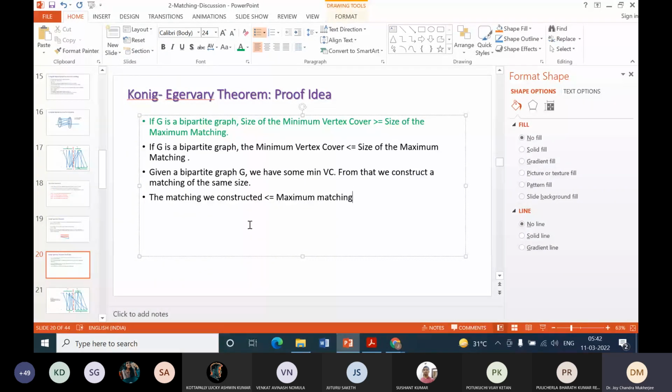So the thing that remains to prove is how to do this part. Suppose somebody, given a bipartite graph, gives me this minimum vertex cover, how can we create a matching of the same size? That is our objective. So to do this,